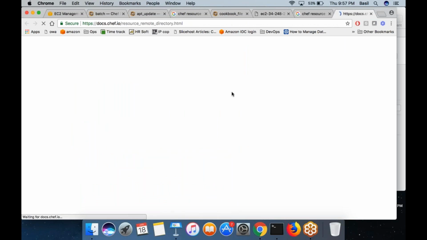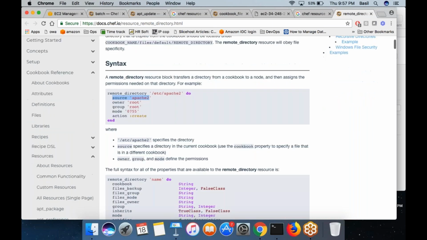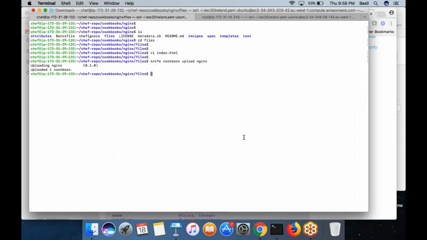So what you would do is you create a folder inside the chef server. Over there you are going to keep your WordPress files inside the chef server. Something like this, remote directory. Then you mention /var/www/html.